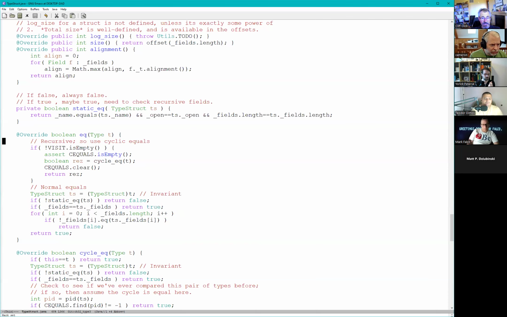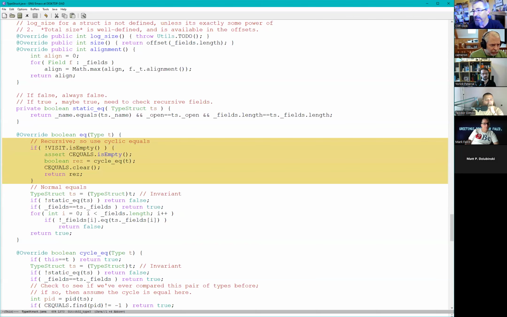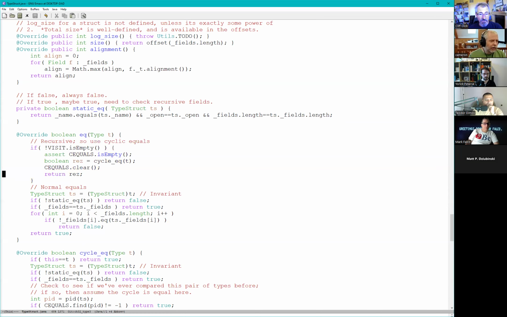The visit flag is when I've started some sort of cyclic operation and he immediately changes his behavior in a bunch of ways. I don't build any more types, and I don't intern types I build. I build types without interning. I'll collect the entire new cycle without interning any of them. And there'll be some mini parallel cycles I need to go compare on. I'll call the cycle equals guy, who just says call cycle equals, except he needs an extra status bit that he knows is available. So that's it. Assert it's empty and clear when you're done.